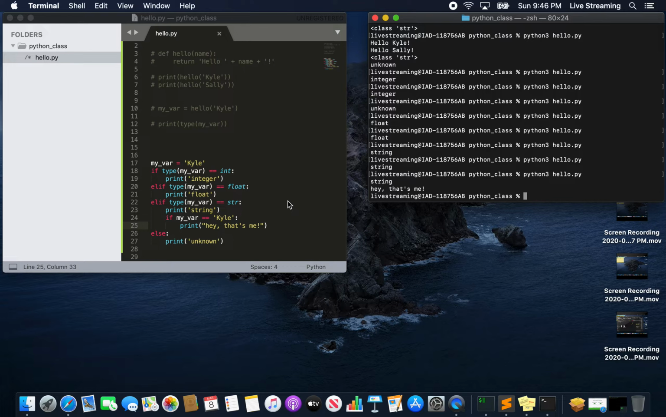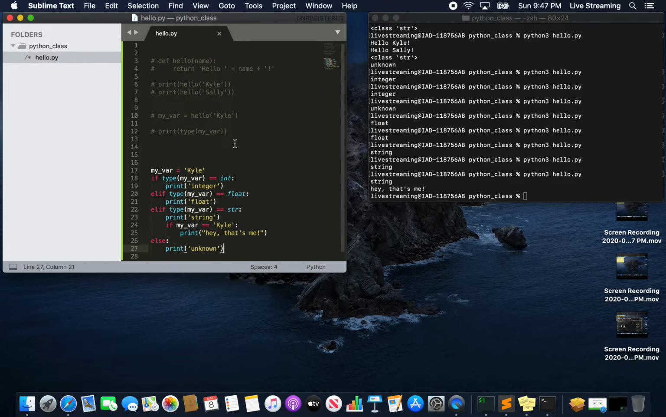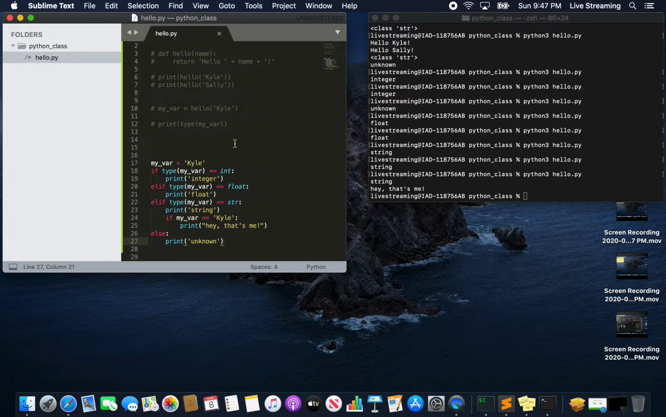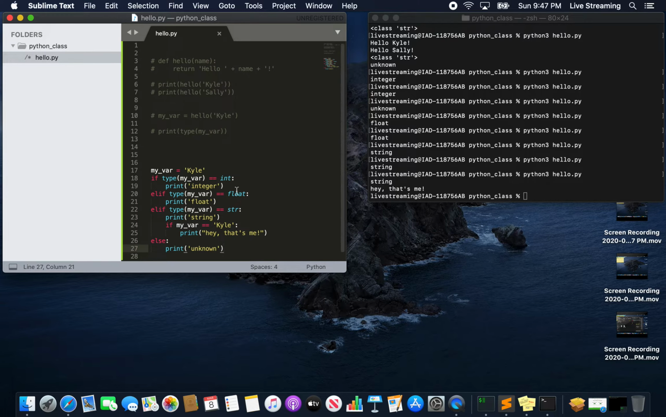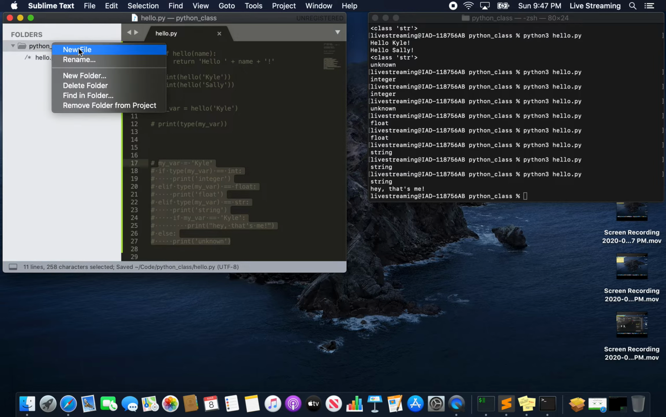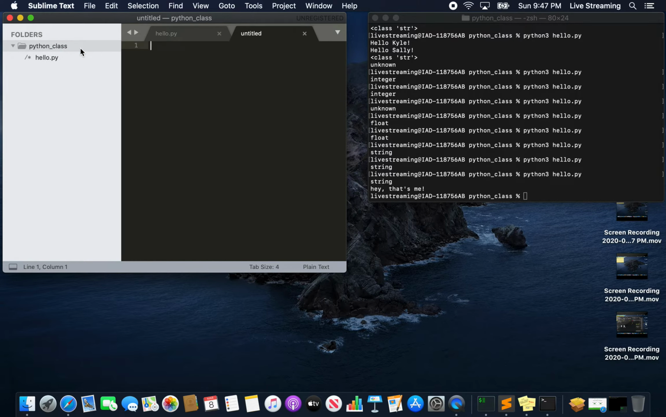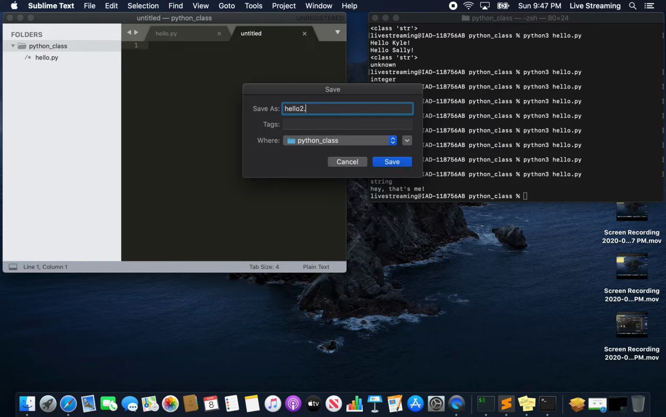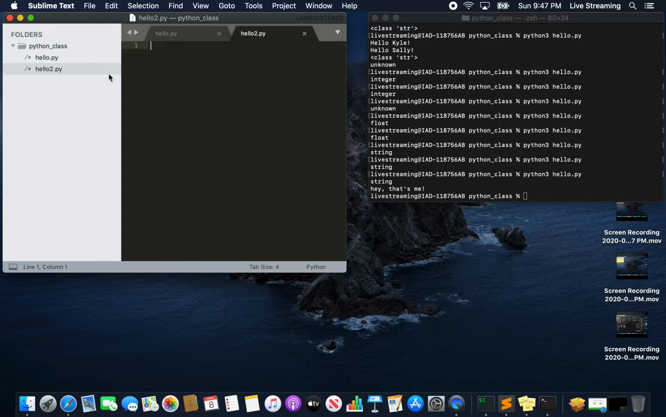Let's see, what else did we do? Okay, so we've used this file a lot. Let's create a new file. New file, and we're going to call it hello2.py. In hello2.py,